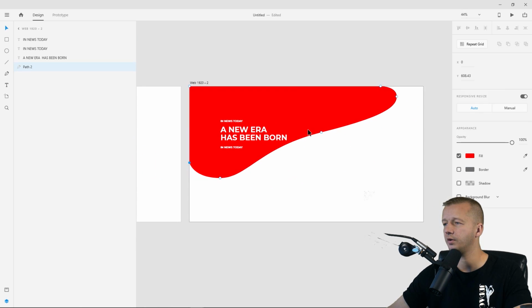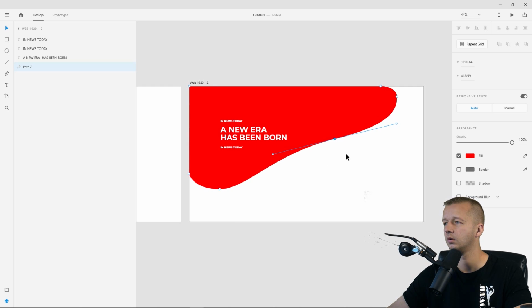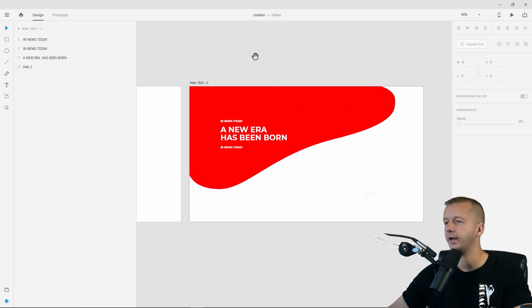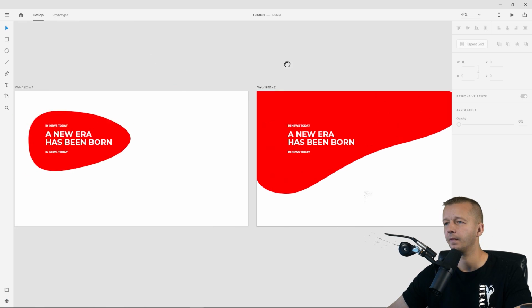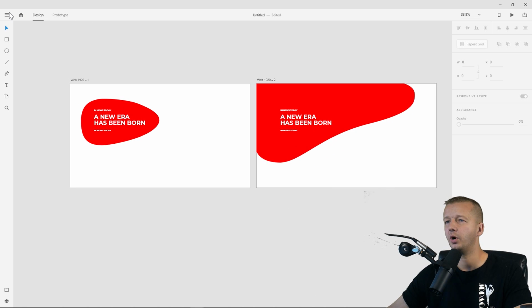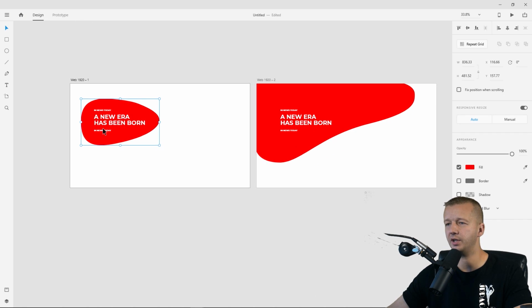And then if you want, you can further make adjustments to this. Oops, did not mean to do that. There we go. That looks bad up there. All right, something like that. Okay, so now we have our two shapes. And obviously this shape, when this button down here is clicked, will transform into